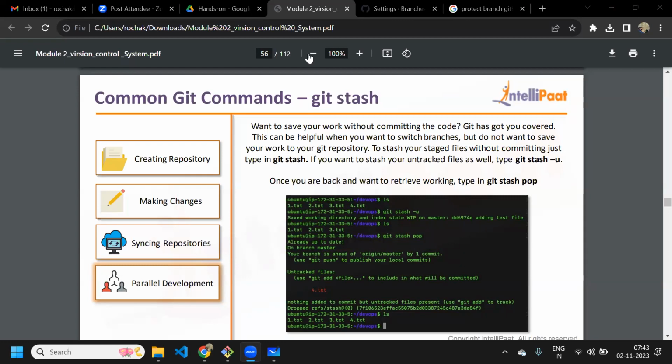No, there is no need. So if you want to do the testing, let's say you create a testing branch and you deploy your app from the testing branch. What is the need of multiple branches? Because